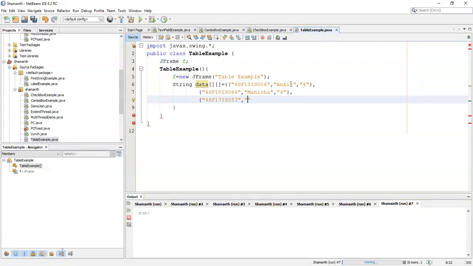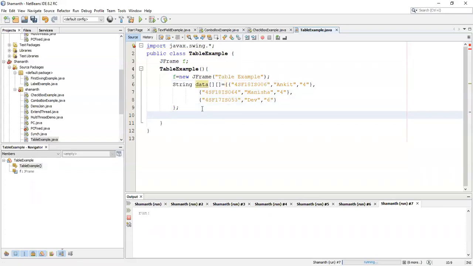Let's give the name, and the semester as 6. So we have closed this one also. Fine. Once this is closed, we have to put a semicolon, so that's why it was showing an error there. So these are the row values.